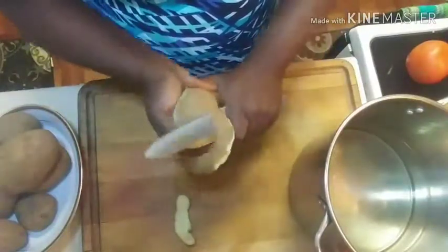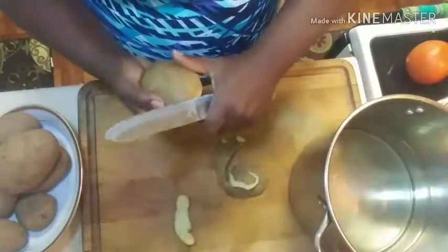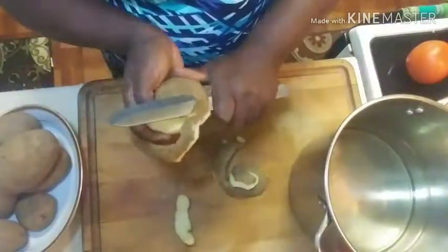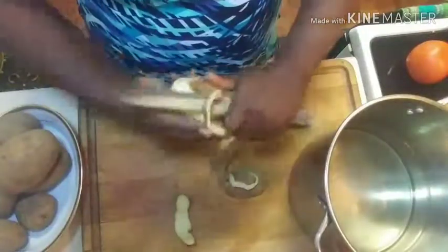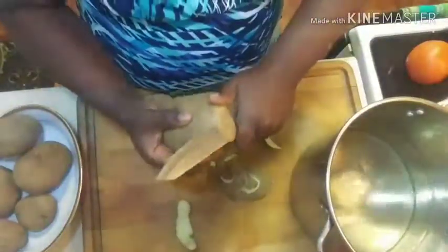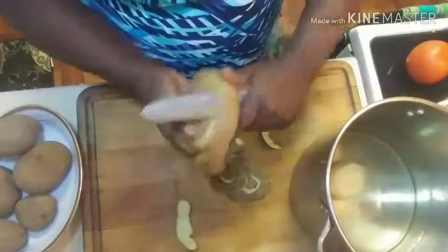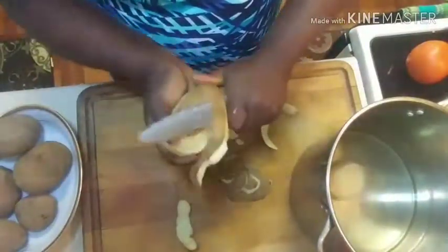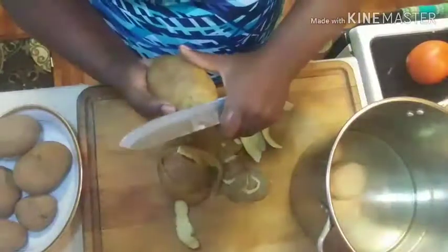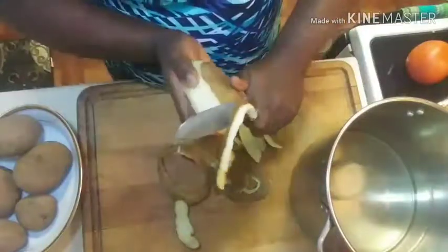If you have a potato peeler, go right ahead and peel it. If you watch my previous videos, you probably heard me say, me and a potato peeler, they're not my friend, y'all. I grew up peeling my potatoes with a knife, and I'm also a lefty. So, yeah, me and a potato peeler, we just don't get along. I peel my potatoes a lot faster peeling them with a knife. Okay, so if you have a potato peeler and that's your friend, go right ahead and use it, honey. Because me,